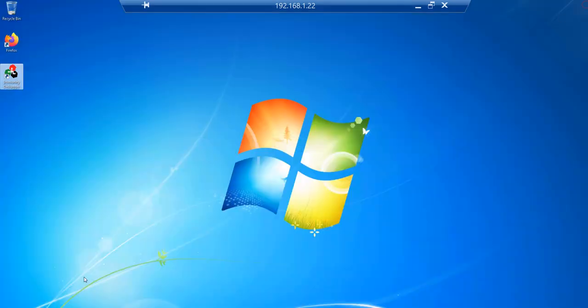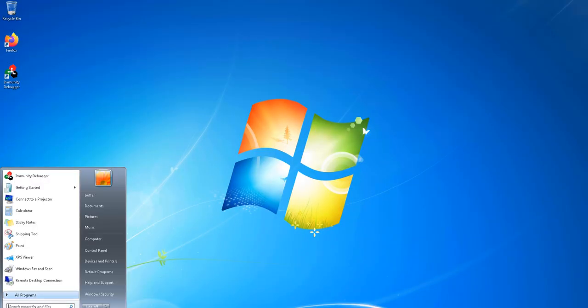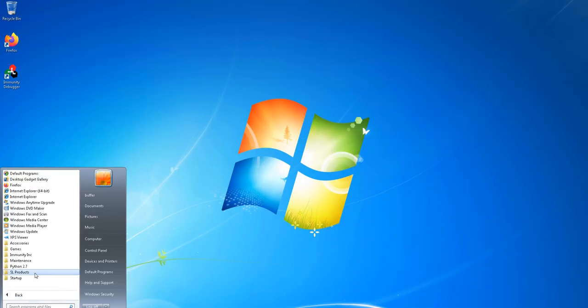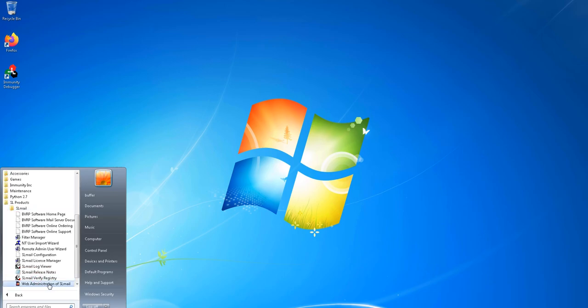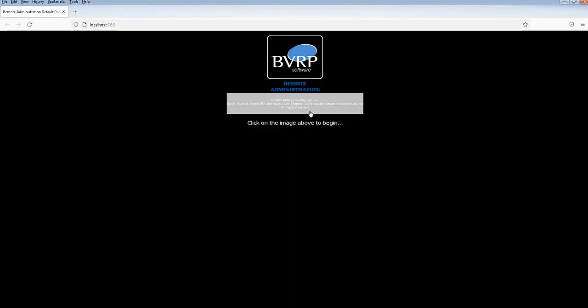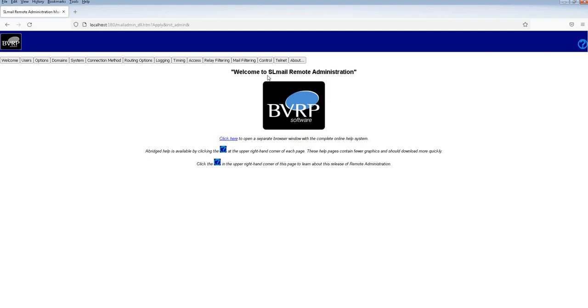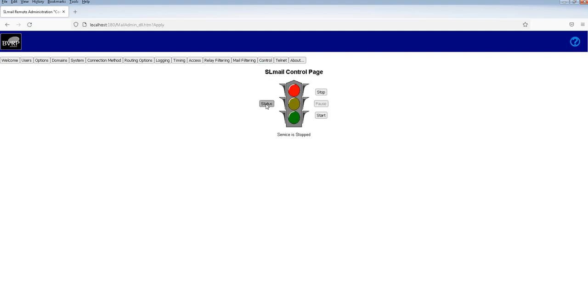So what we will do is close the debugger once, then open SLMail and start the service again. I go to control, the status is stopped, and I'll just start it again.